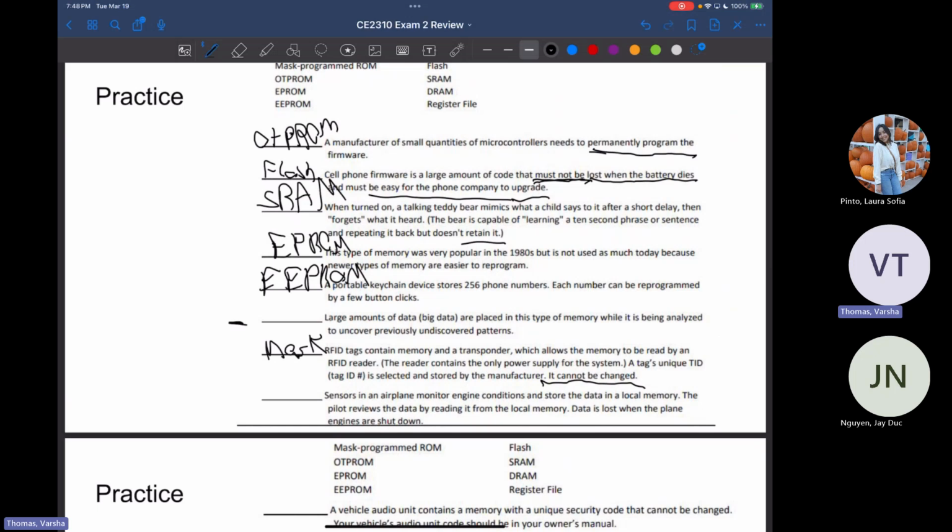The reader contains the only power supply for the system. A tag ID is selected and stored by the manufacturer. So this one